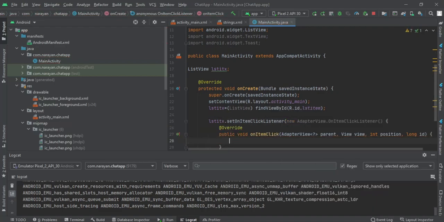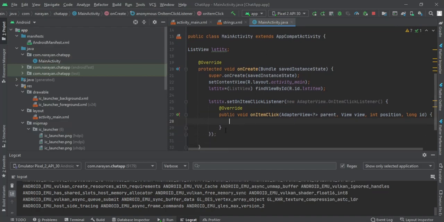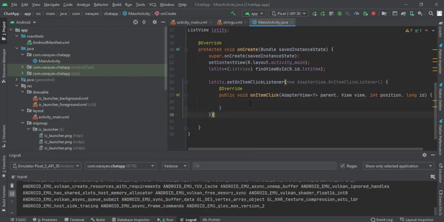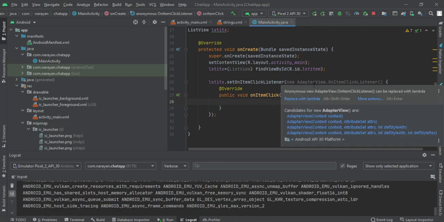So as I said earlier, all the events on this thing basically run on an adapter, that is a data adapter. So the listener on this thing is also run on an adapter view. This is very important here, and that is the major difference between a button component and an item component, or you can say any kind of list component.